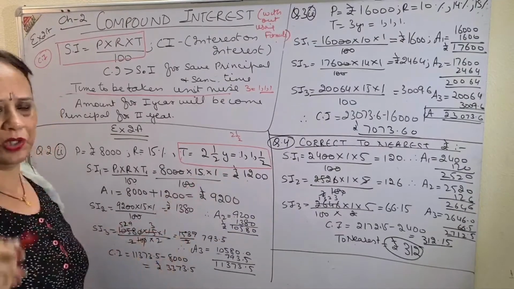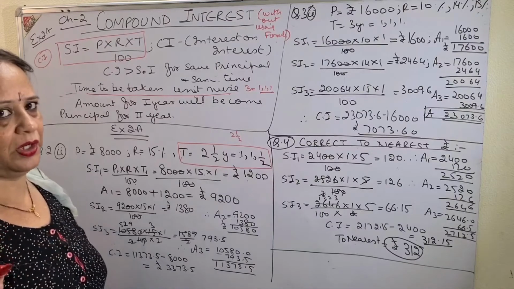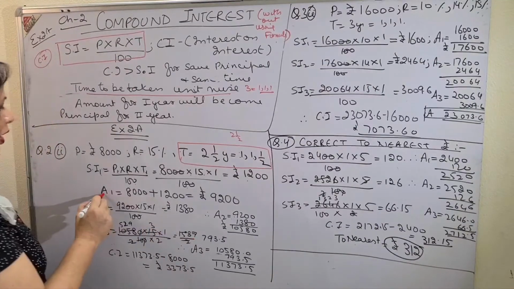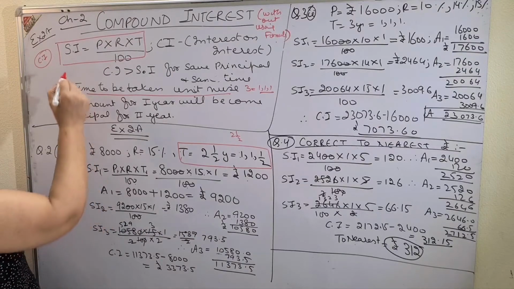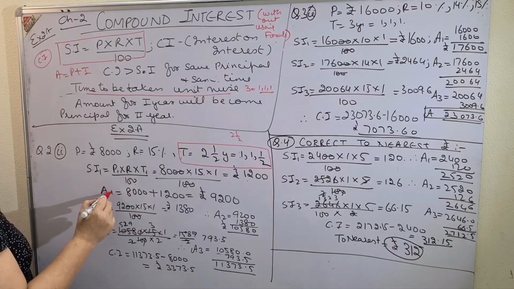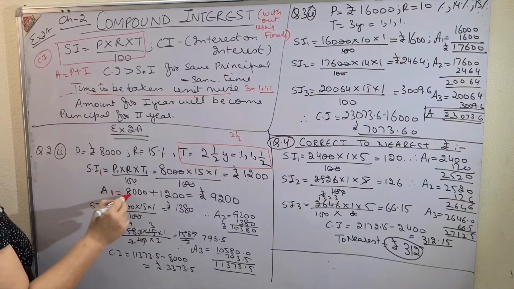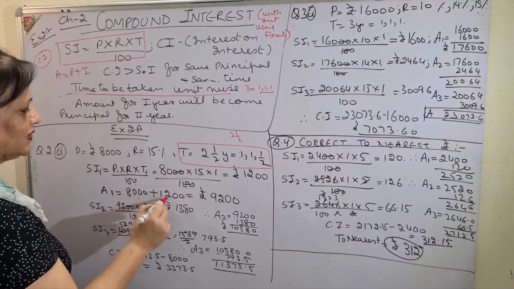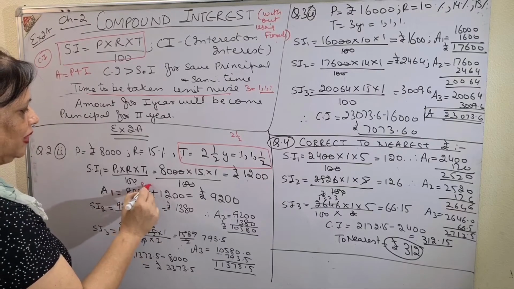And you calculate it. Calculations, as I have said before, please do in the rough column and check twice before you finalize the answer. Then amount A1, you know amount is always principal plus interest. So here I have written A1. A1 means principal plus interest: P1 plus I1.